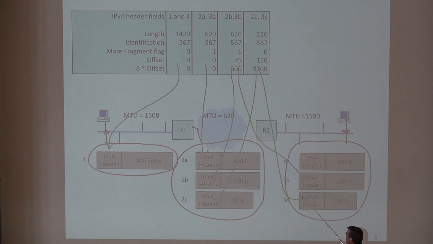If any of those fragments is lost, what will happen? Well, this machine that's trying to reconstruct will time out, typically. We'll wait a bit of time. Now, packets don't live so long. You don't expect a packet to live through the internet for a minute. You expect it to live for perhaps a few seconds. So the reassembly mechanism has a timer, and if any of the fragments is lost, this will time out, and the entire datagram is considered lost. That's what it means when we say it's done at the IP layer.